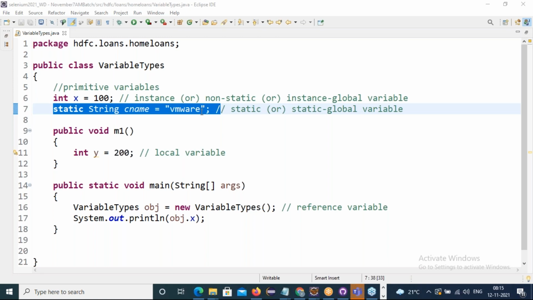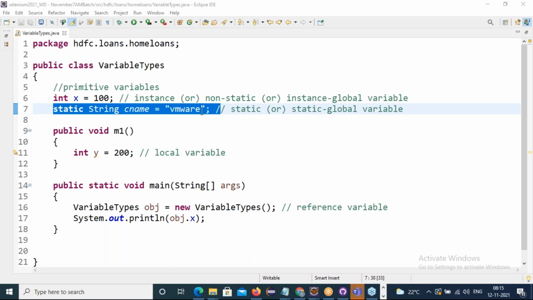So we all are depositing some amount in our account. Someone deposits 100 rupees in a month, someone 1,000 rupees, someone 1 lakh rupees. But at the end of the month, everyone is eligible for a rate of interest of 8.5. Is that 8.5 rate of interest common for every customer or not? Yes, common. That type of variable, do we declare as instance or static? Static. You got the point, right?